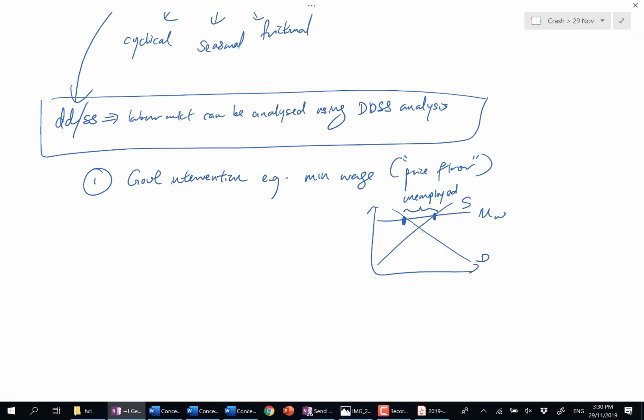Or if you compare with the old equilibrium, you used to employ so many people, now only so many people are employed. So this is also the rise in unemployment. So this is due to government intervention. So it's not just cyclical, structural, frictional, but the question will help you. If they want you to use this, they'll say using DDSS analysis. Second,